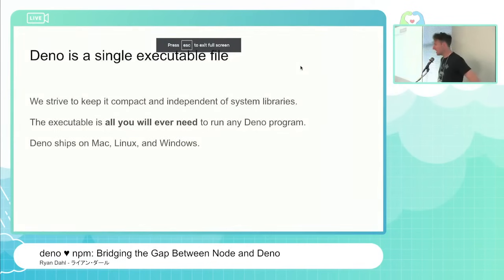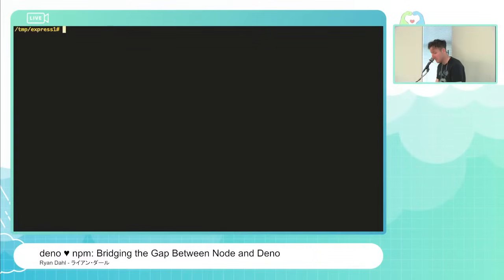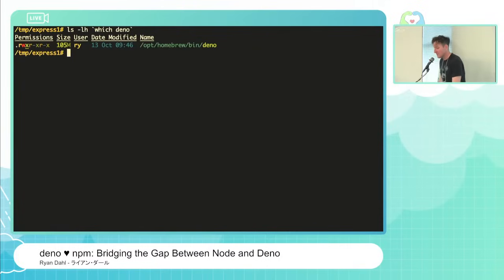Deno is truly a single executable. All of this, there are no other files that are necessary. You just need this one file. By the way, is that visible? Yes. Right, this is the only file that you need. It's 100 megabytes, but disks are cheap these days. So